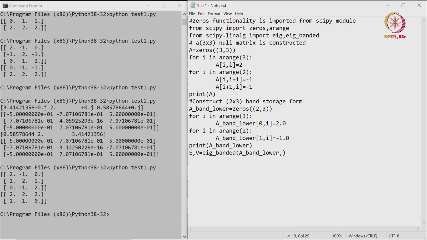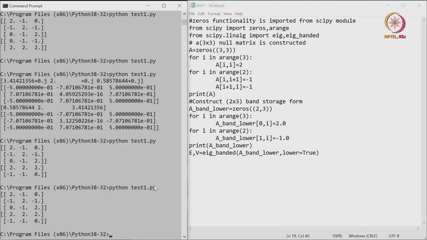But in this case, because we are using lower diagonal elements, by default it is taking the upper diagonal elements, but if I specifically want to use lower diagonal elements, then I have to make lower true, then it can calculate, otherwise it will not be able to calculate it. And then you have to print it, print E, print V,